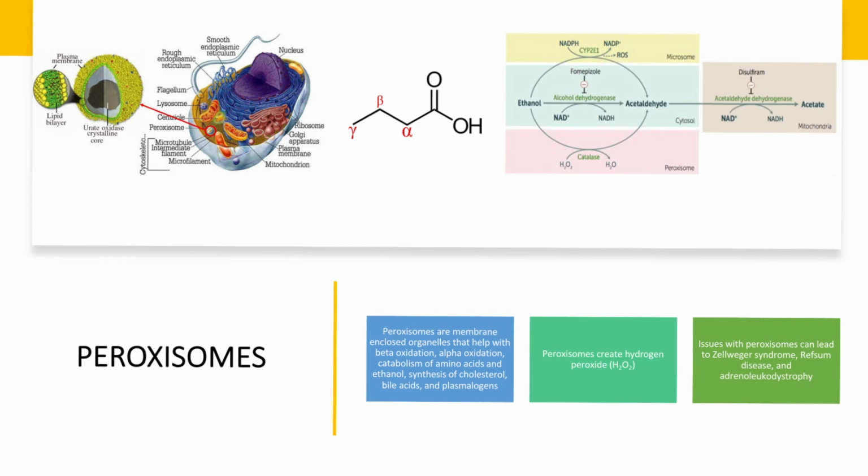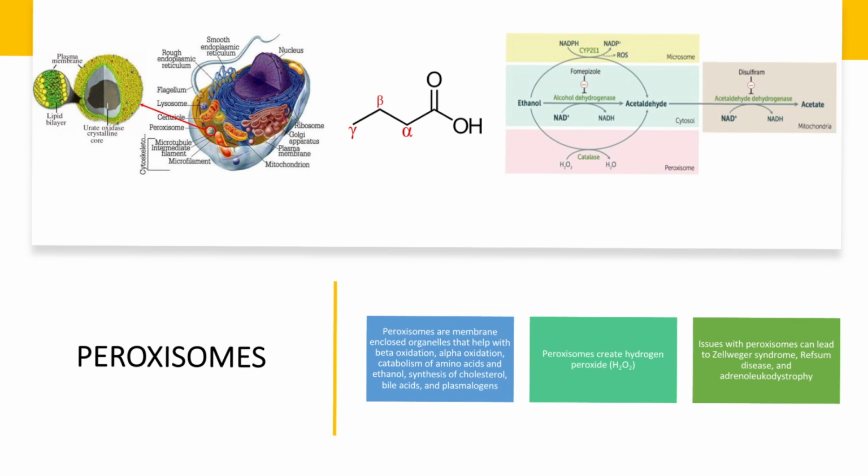So what are fatty acids? This is a rough structure of a fatty acid here, but you can have more carbons and stuff coming off of this way. Fatty acids are molecules that help provide us with energy, and they also make up triglycerides. In order for us to obtain energy from fatty acids, they have to be broken down via beta oxidation to form acetyl-CoA. Now, if you think acetyl-CoA sounds familiar, that might be because you're thinking of the citric acid cycle, or TCA cycle, because in that cycle, you will remember that acetyl-CoA is the starting product that you need to